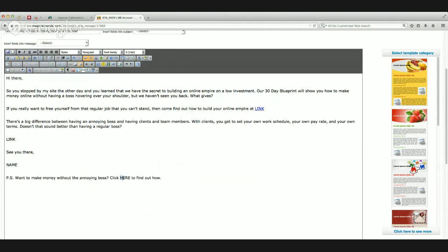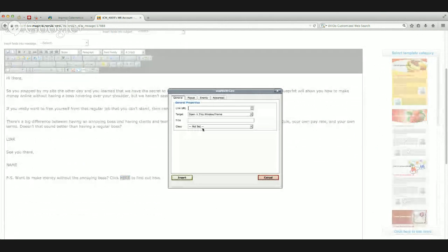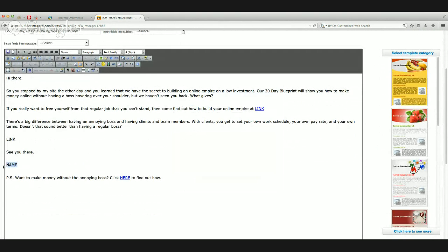Same thing down here. Click here to find out more. And then that little gear, or not the chain link almost up there, is what you call it, right? CNN, new window, insert, put your name right there, whatever links you want in your signature. Here's another link right there. You could change that link to